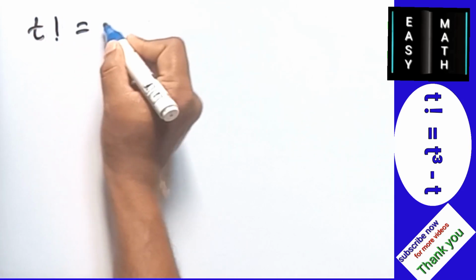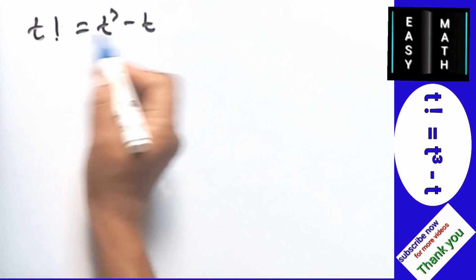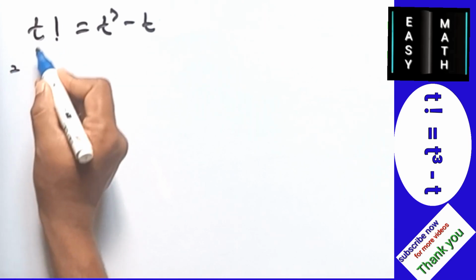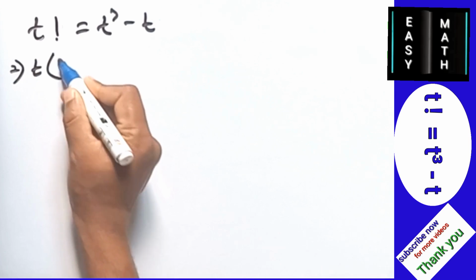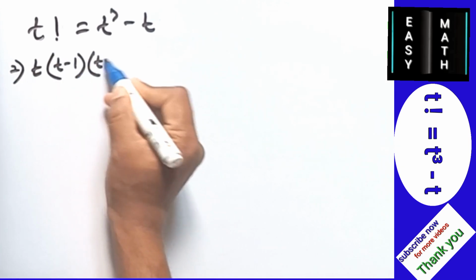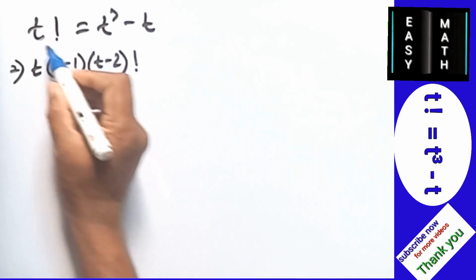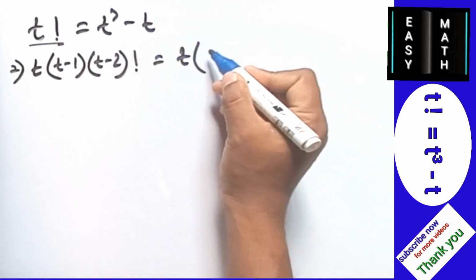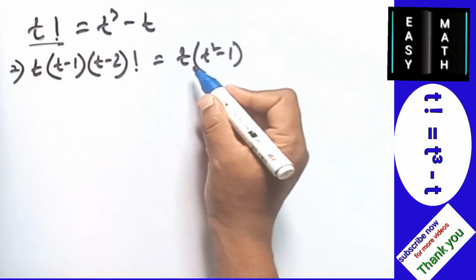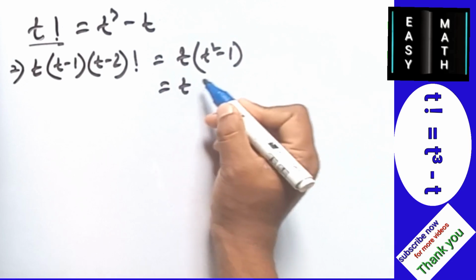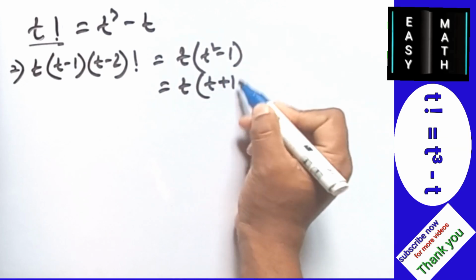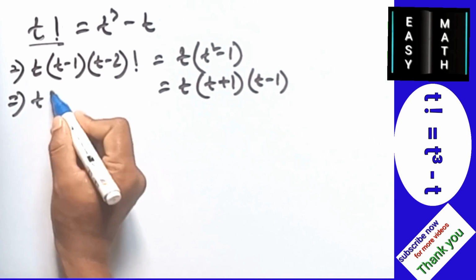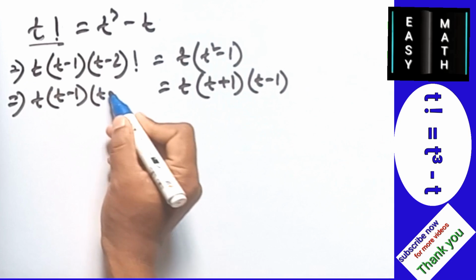t and t cube minus t. So find the t value. How? First, we can write this t minus 1, t minus 2, and this we can write t square minus 1, so t times (t plus 1) times (t minus 1), and there is the t minus 1, and there is a t minus 2,